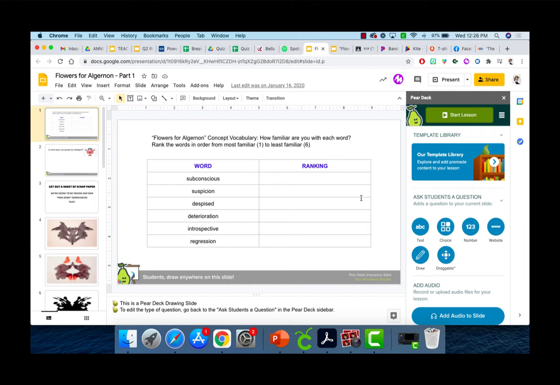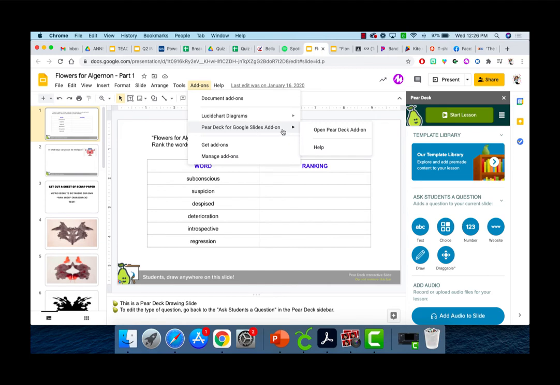I have the paid subscription because I think it's completely worth it. It offers this draw tool, which is what I use most often for annotating text, but there are several other options as well. So make sure that you get that paid subscription if you feel like it would be worth it. Otherwise, I think you get just the text, choice, and number options for the free version, which is also awesome and very beneficial. So anyway, what you do is you go to Add-ons, PearDeck for Google Slides Add-on, and then you